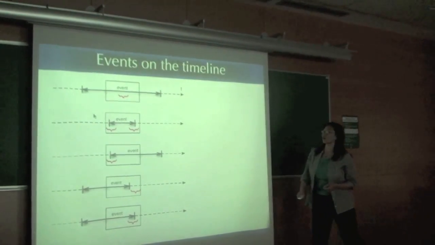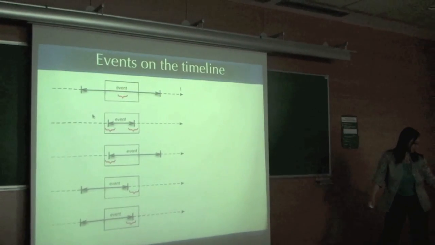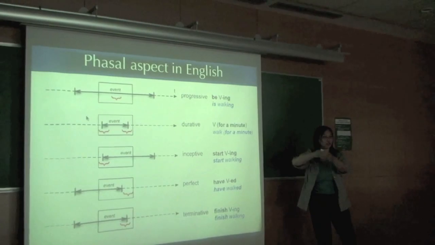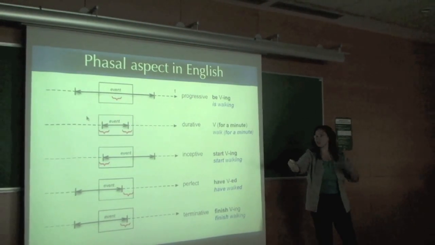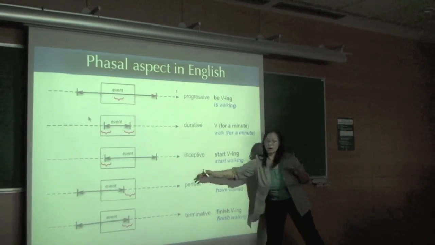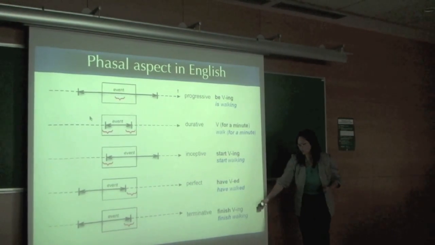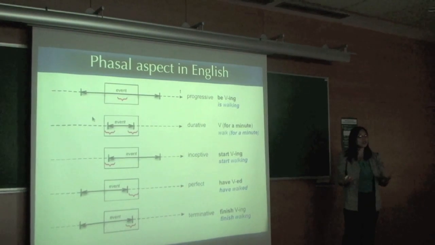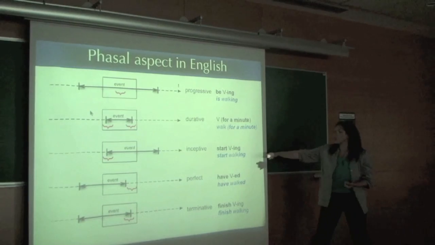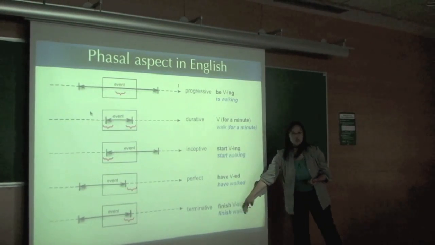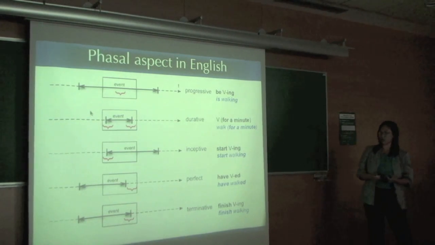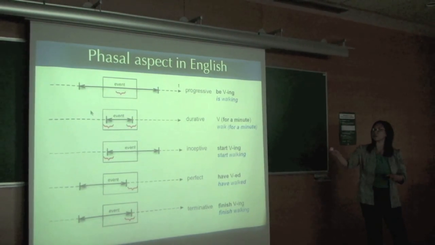So in English, we have various ways of saying this that will come up when I flip through. For example, this might be "is walking." Maybe "he walked for a minute," then you know exactly took place, it started and ended. You could "start walking." You can have "I have walked," which means I'm somewhere after done with my walking action, and I can "finish walking." All of these things, although some of them are strictly grammar, like a tense marking, and some of them are some other kind of construction, like start walking, finish walking, are ways of focusing the attention of the hearer of the sentence on some part of the event.